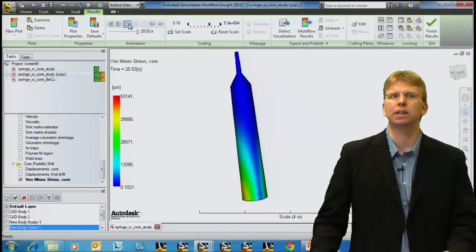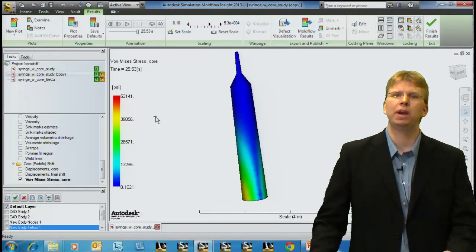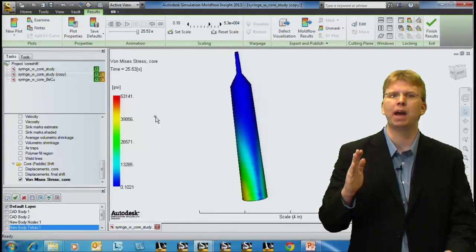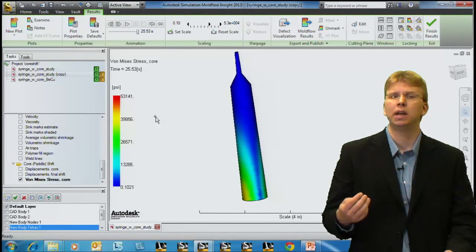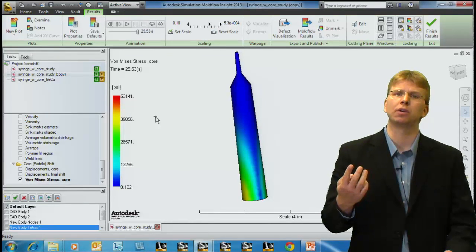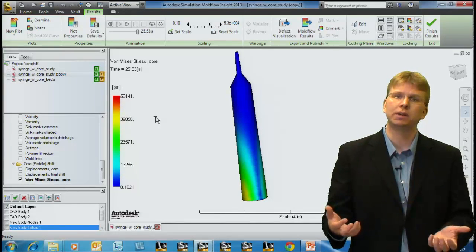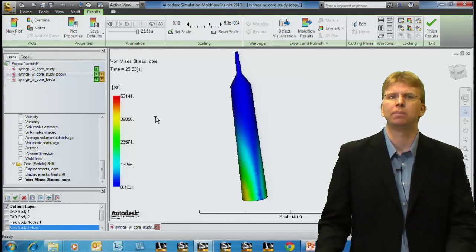I'll go ahead and animate it again because it was a little quick. We see the pressures build up, how high they get, and as they go through filling and packing, how that pressure changes over time. So that's useful information for us if we see a fatigue where the core is bending, coming back, bending, coming back. Over time, that may fatigue the core and give us cracks or breaking, and particularly if we have cooling going up the inside of the core, it thins the wall, so we may see water leaks, or we may see that the core is permanently bent as we fill the part,